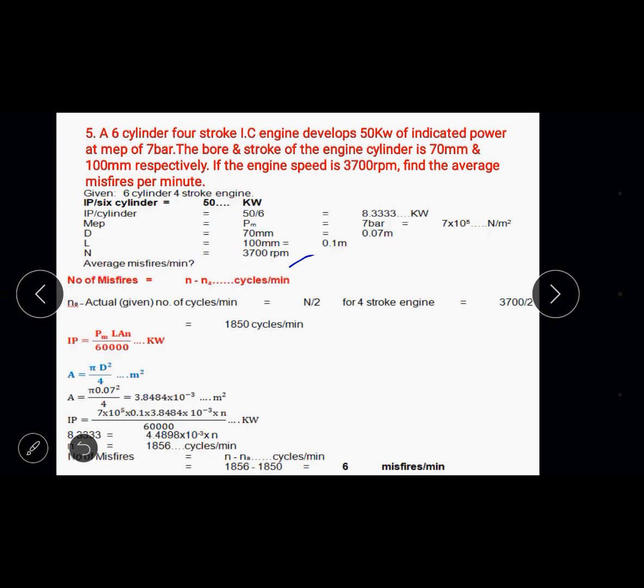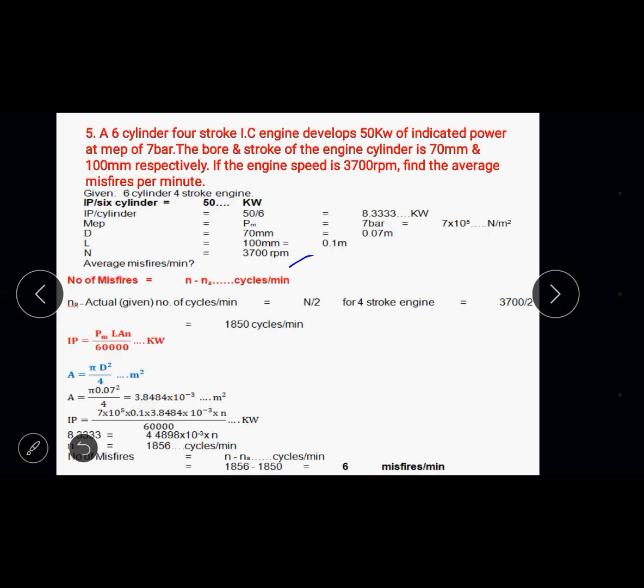Now coming to small n, that we have to find out. We know na, which we have found from the statement of the problem. Now we have to find out n. That n is found from the IP formula. It is called theoretical, because all the formulas are theoretical formulas. Small n will be found from the IP formula, because among the various powers IP, BP and FP, you find small n in IP. Even from the BP formula you can find it, but BP will give capital N, and using small n equal to half of capital N, you can find it out.